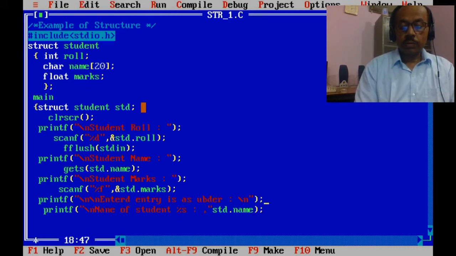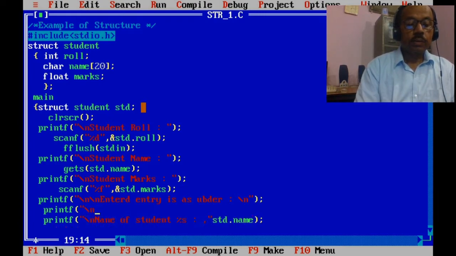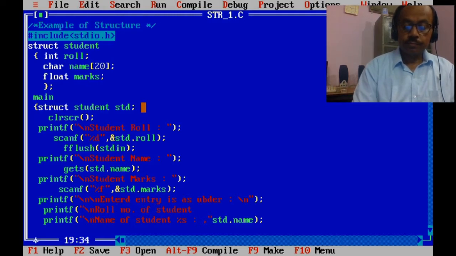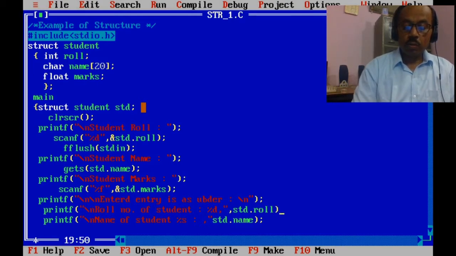But first, printf \n roll number of a student %d, std.roll.